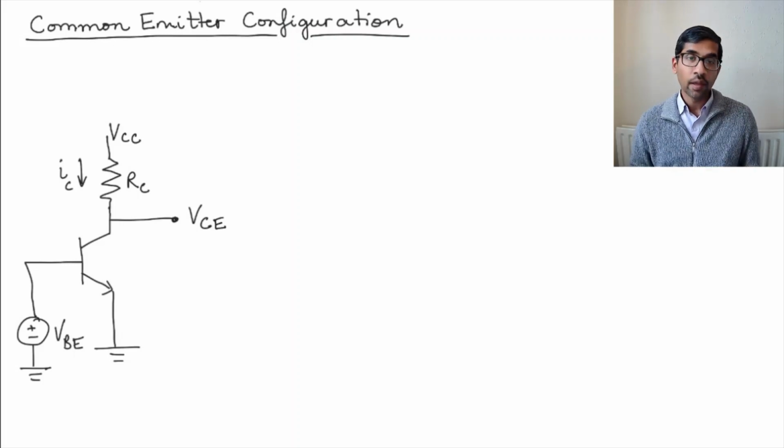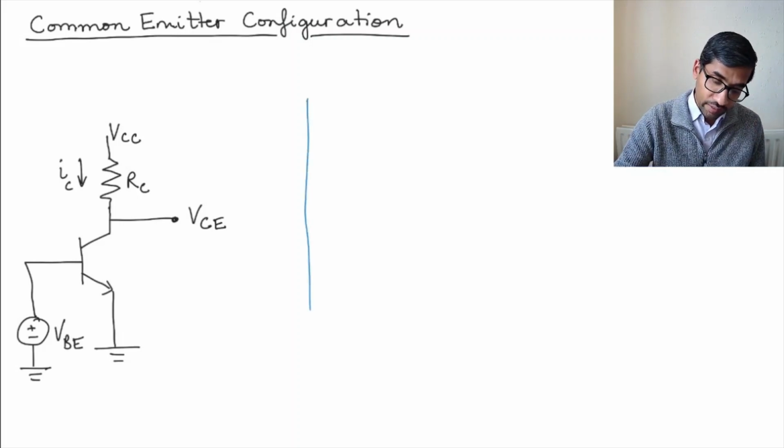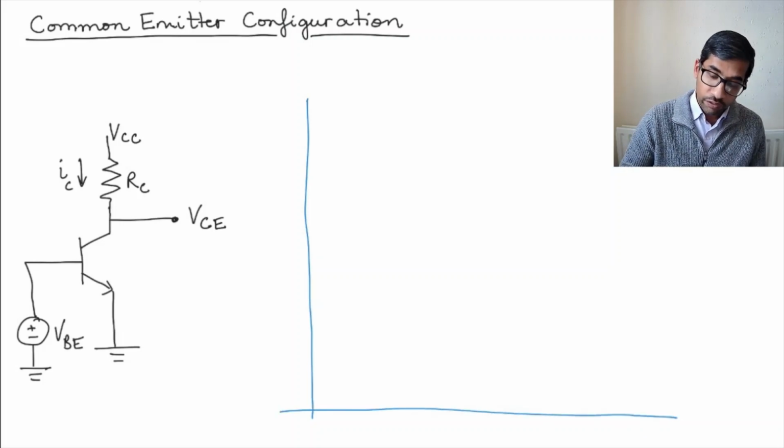Okay. And what I want to do as I look at this configuration is look at the effect of VBE on the functioning of this transistor. So I want to start with a very low VBE, let's say 0 volts, and then go higher and higher and see how this VCE changes as a function of VBE. So what I'm saying is that I want to plot a graph like this. On the x-axis, I want VBE,